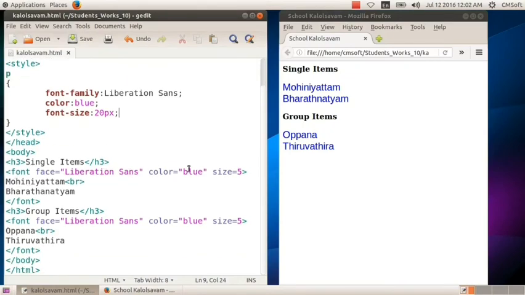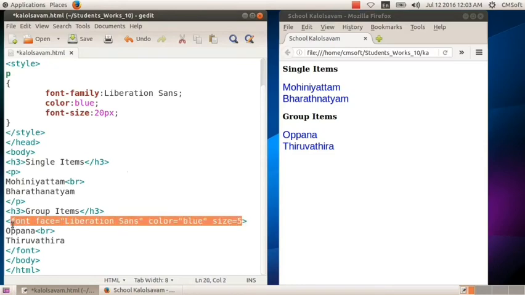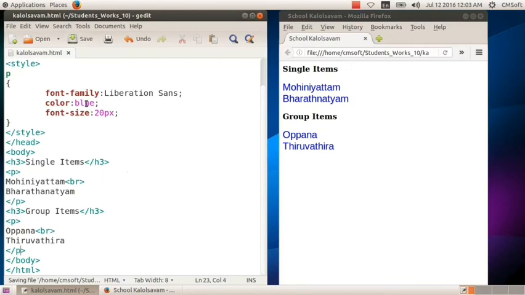Then remove the font tag from the body. Then give there P tag because we mentioned the font name as P. So delete the font tag, then there give P tag. Okay. Then save the page and see the difference.